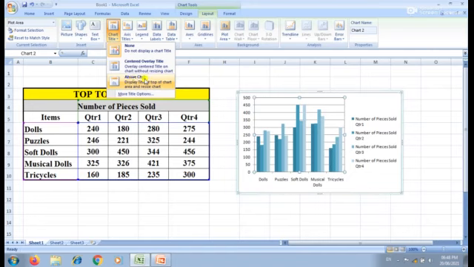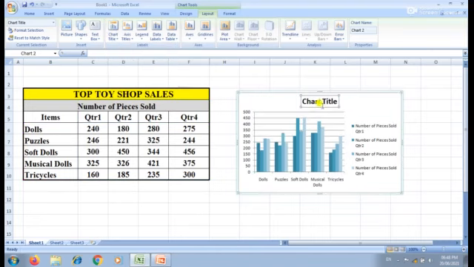So above the chart, I will give the chart title. Okay, see here. Now I can give the chart title, that means Top Toy Shop Sales.